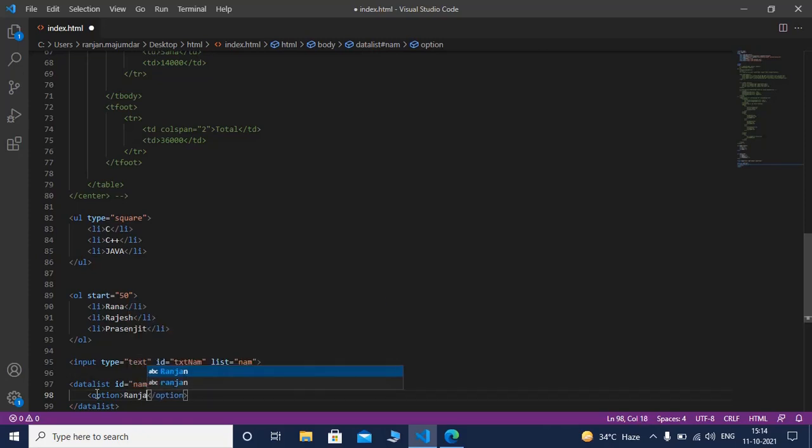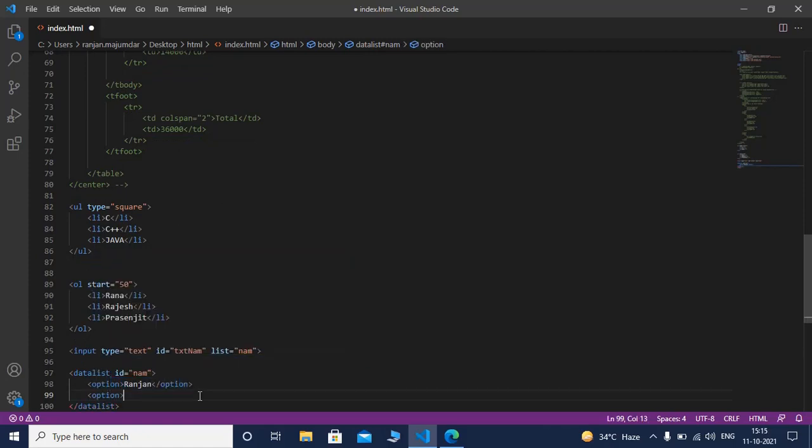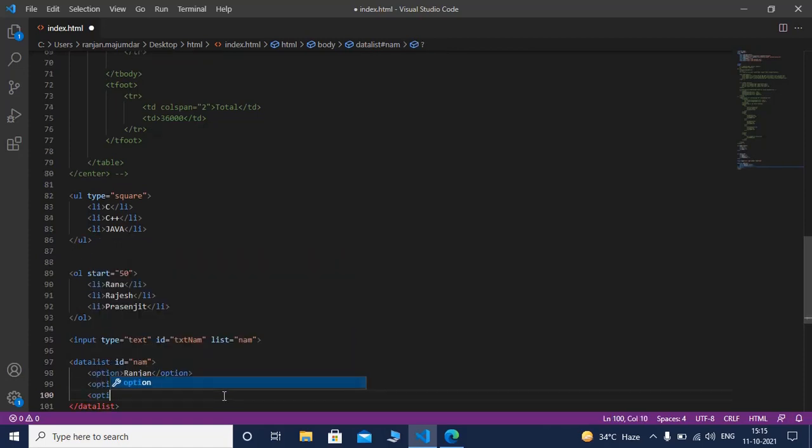Here I am using names of users. I am saving it. So this is a form input element where the list is name.